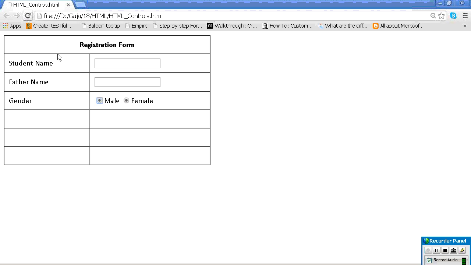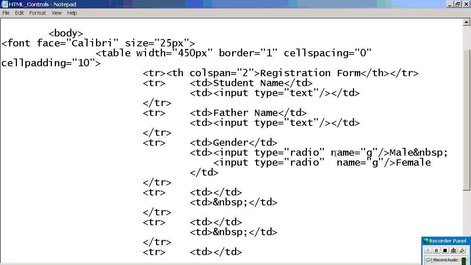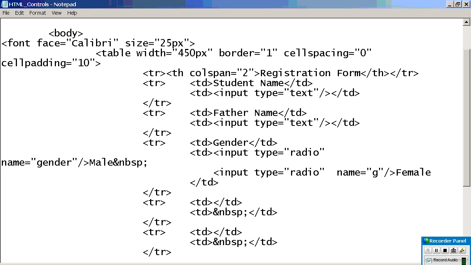Then what will happen now? Either of them will get selected. You can tell it anything, but that should be equal for both. You are telling that we both belong to the same family, and either of us only can be selected. For that reason we are giving it. Not only that, if you want, you can give gender or G1, whatever you want.